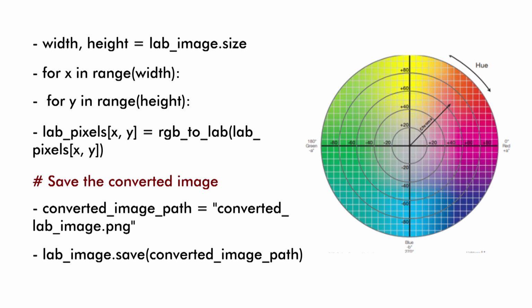Now, convert to HSL color space with the convert from RGB to HSL method, and again we have to decide the pixel value, as mentioned here, with the values of width and height. Now, we have to save the converted image. So, this example shows how we can convert an RGB image to an HSL color space image.